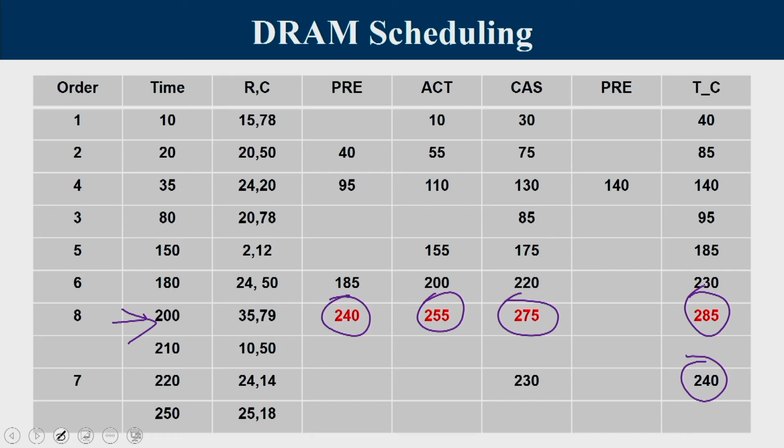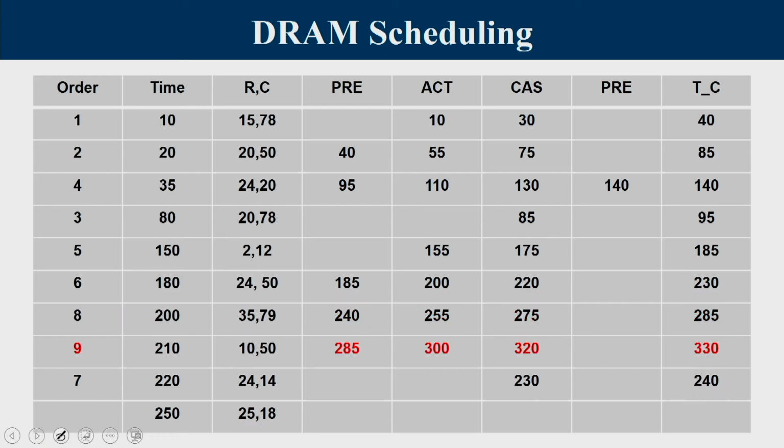So by 285 we have these two elements also ready. Now, currently I am processing row number 35, none of them is to the same row. So you give the one which came first. So the one which came at 210 is serviced with the timing 285 for pre-charge, clock cycle 300 for activate, 320 for cache, and at 330 the transaction is over, and then you have the last one that is getting serviced. So the whole thing will get over at clock cycle 375.